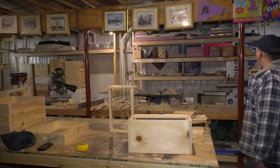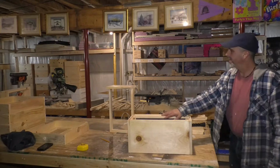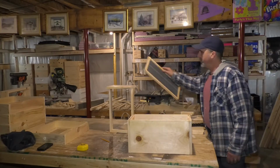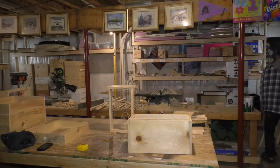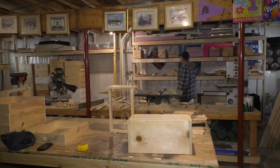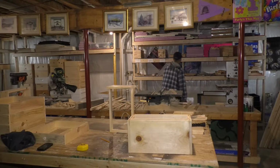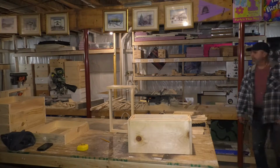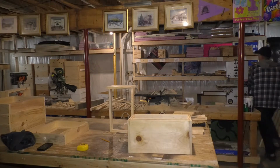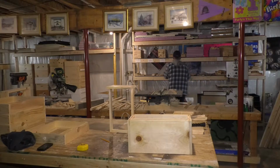And I don't have them handy, which I should have, but I'm going to take some of my scrap. I don't know if I have a piece cut here or not. And I don't. I'm going to take my scrap. Actually, I can do this really fast here. If I take one of them,